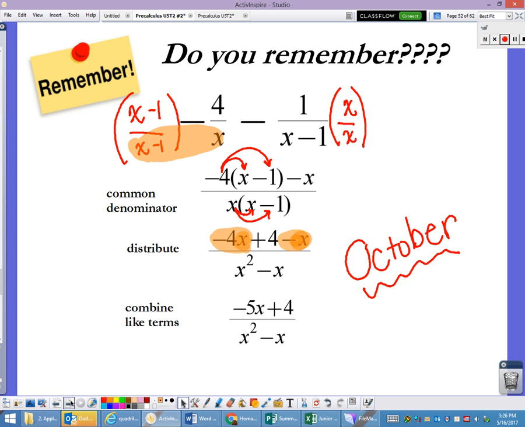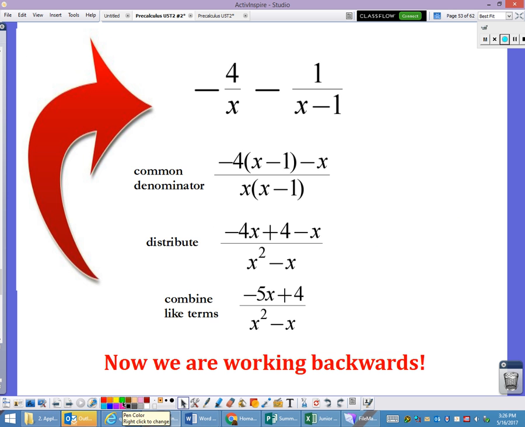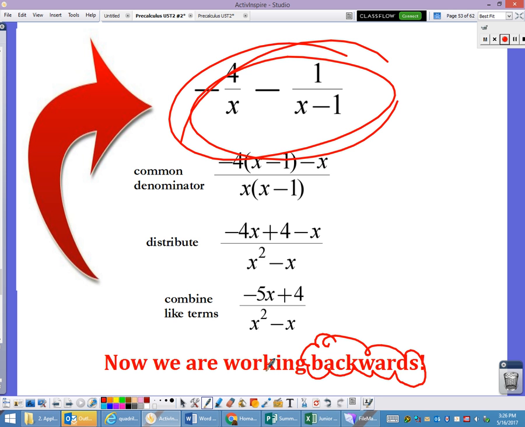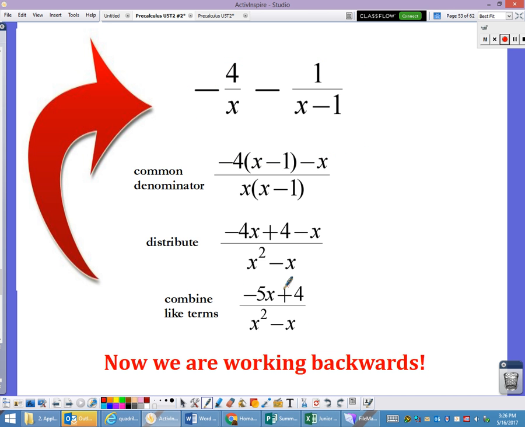Okay, now, what are we doing today? So today, we are working backwards. We are taking that expression of negative 5x plus 4 over x squared minus x, and we are working backwards to basically get this right there. So we are now trying to decompose, or to break apart, this fraction right here into two separate fractions. That's what we're doing. We're breaking apart